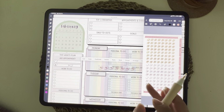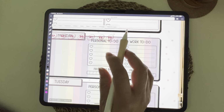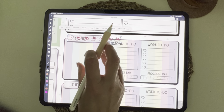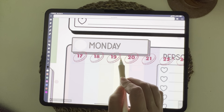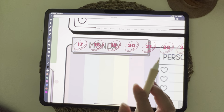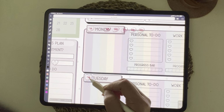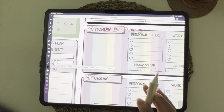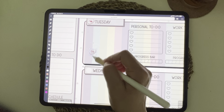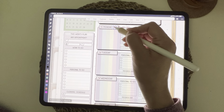And look how cute. That looks so cute. I'm going to lay it right over that little bear, like it's a very faint, lighter circle there. And I'm just going to lay it right on top, and I think that's going to look super cute. 19th, the 20th,